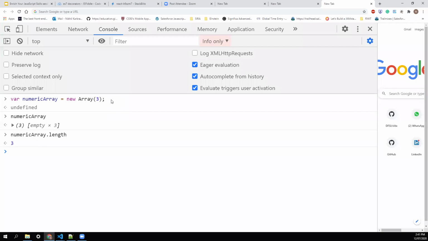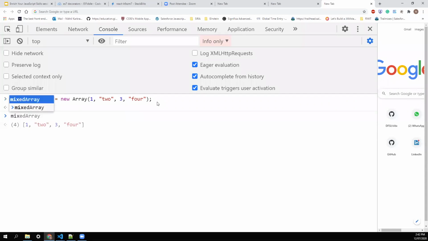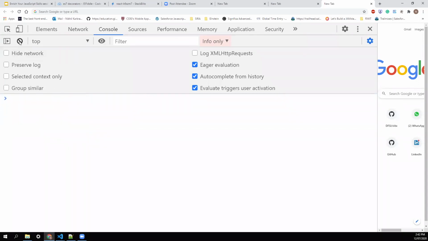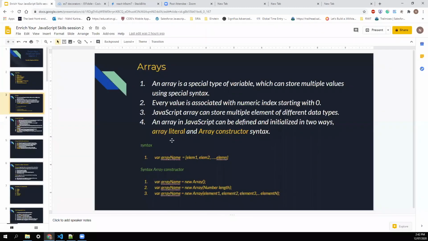There is another way to create this, and the last way is you can initialize at the time of creation. Like this, I can say create a new array using an array constructor and initialize the array with the elements 1, 2, 3, 4. And if I hit enter, it generates the array with the values that we are passing to this constructor. So these are the 2 ways by which we can create the array: array constructor, and the first one, array literal. Both are easy, and the preferable one is the array literal.